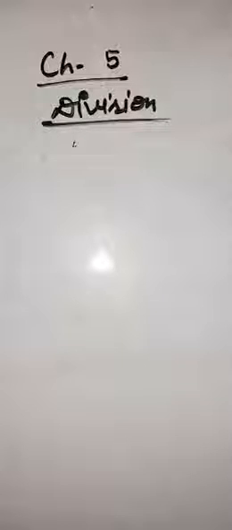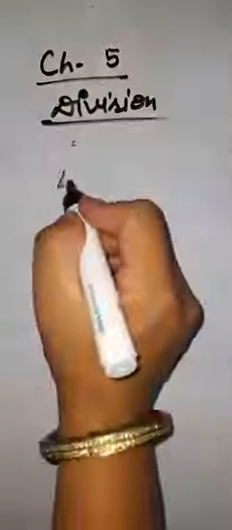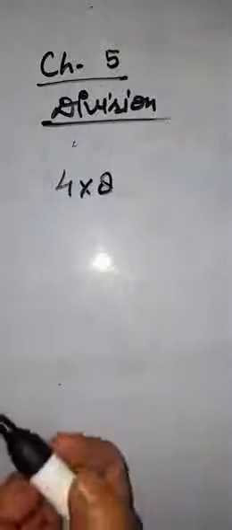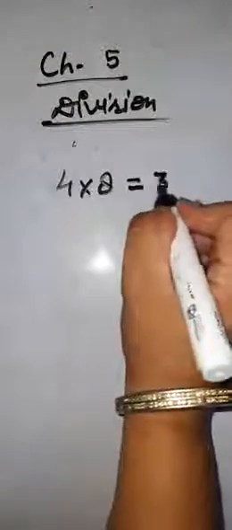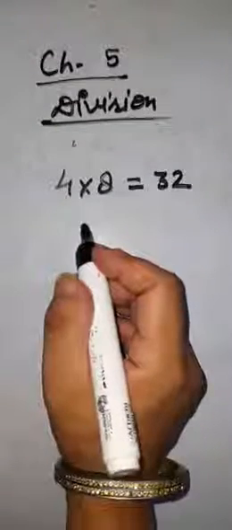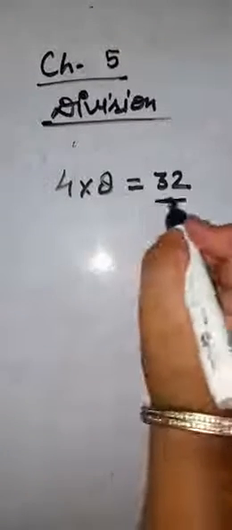We have clearly done that multiplication is repeated addition. Once you have understood that it's repeated addition, it means adding again and again. Like how do I get 4 multiply 8? What are 4 8s? It is 32. It means I am adding 8 again and again to get 32.